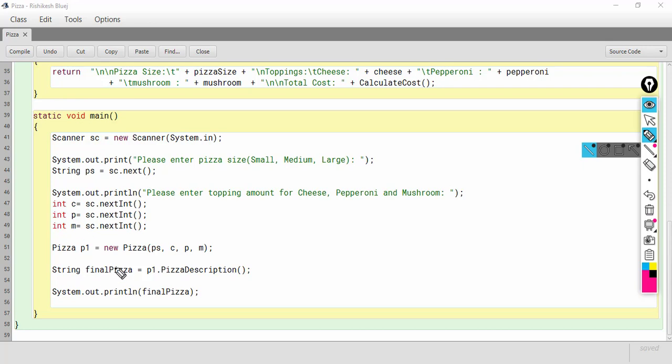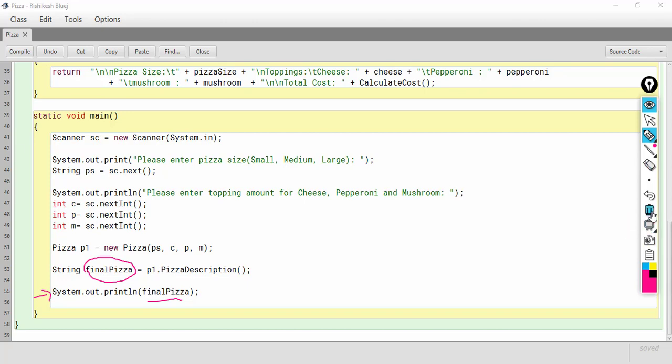So that final string will be stored in this string variable final pizza, and then in the last line I am simply displaying the value of the variable final pizza. So I hope you have understood this program.